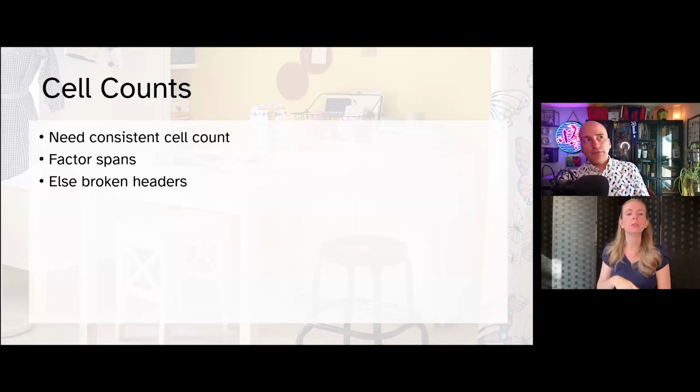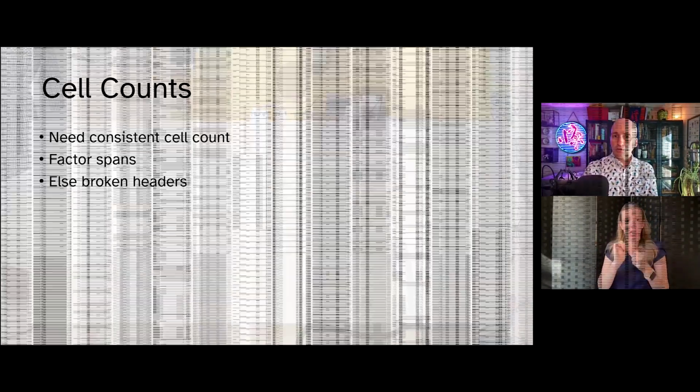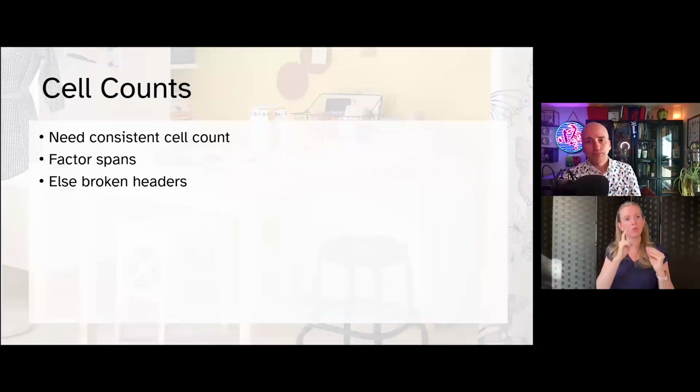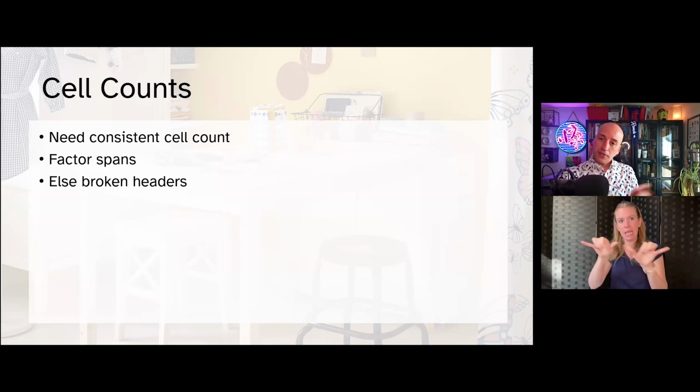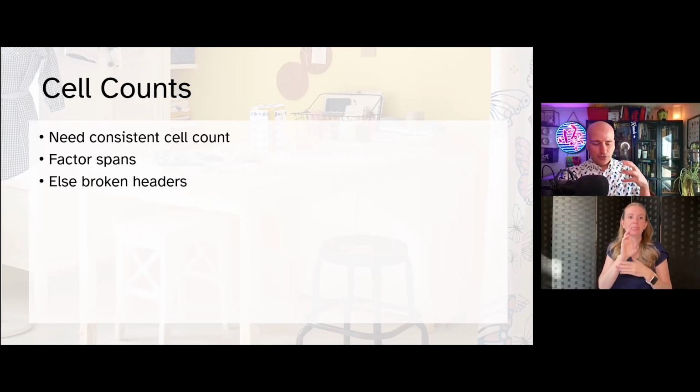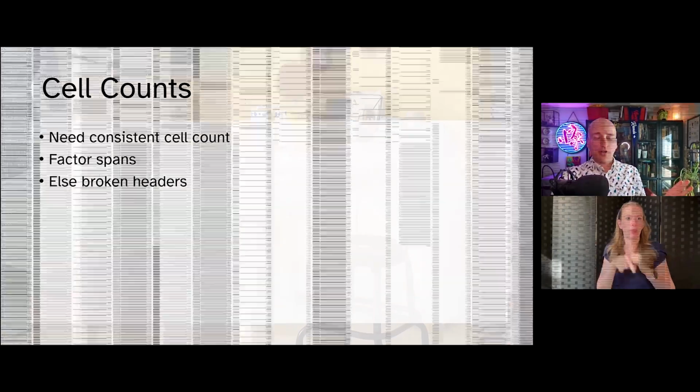Now, let's say you have figured out how to get your spanning cells to work across all possible platforms in use by your users, which is an impressive feat, I might add. You must be certain that the number of cells per column is the same across every column, and the number of cells per row is the same across every row. The span count of spanning cells contributes to this. I hate that there are so many word overlaps involved in this talk, and I'm never talking about the span element.